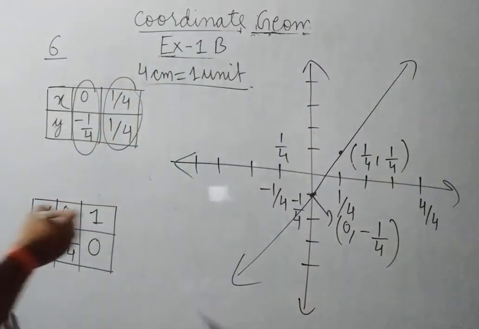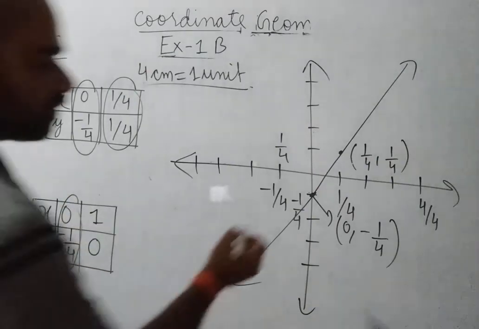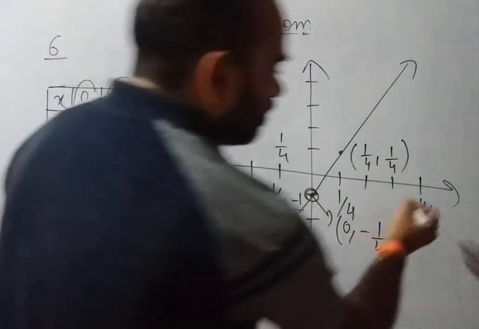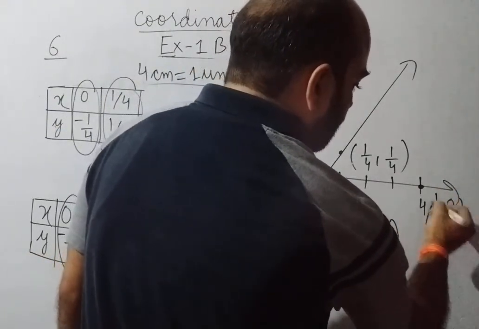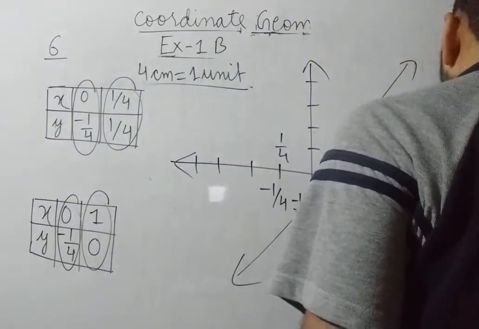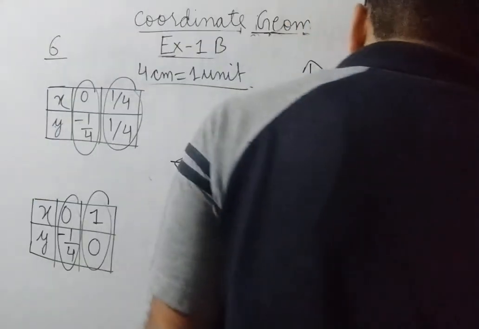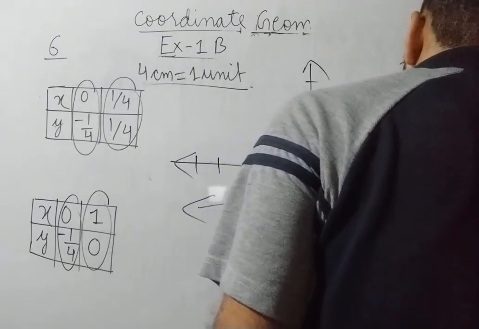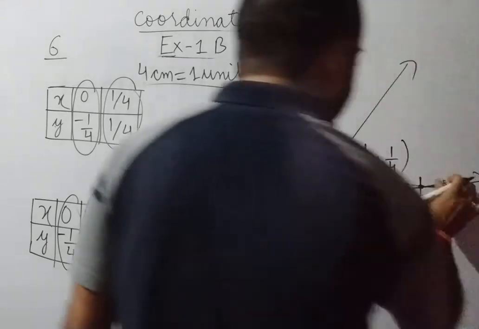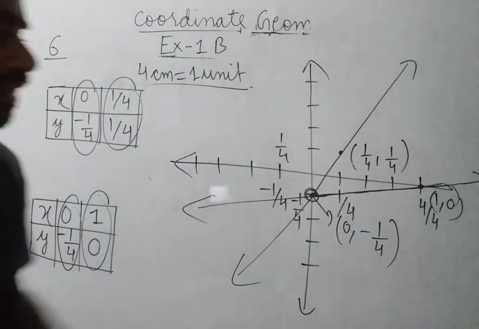This is plotted. In the first line, that is this equation, already 0 comma minus 1 by 4. It means this is 0 comma minus 1 by 4. Another point is 1 comma 0. 1 comma 0 means this is 1 comma 0. 4 by 4 means 1 comma 0. It means join the points. This will be correct. This is the plotting. Correct orientation is this. Clear? So this is the correct plotting.